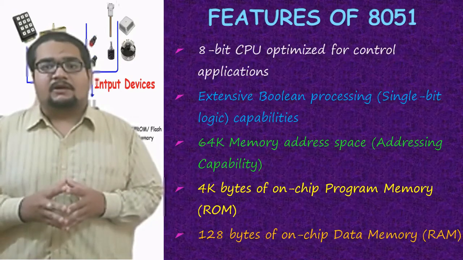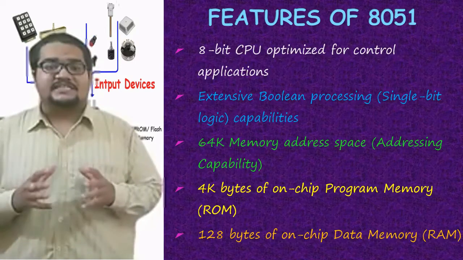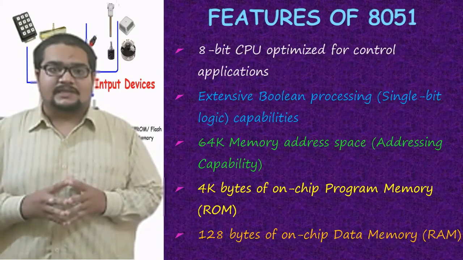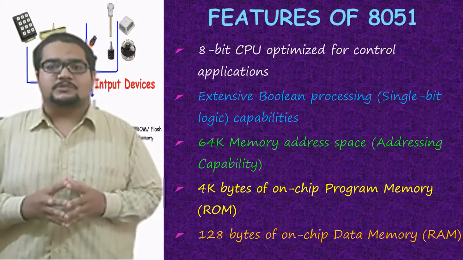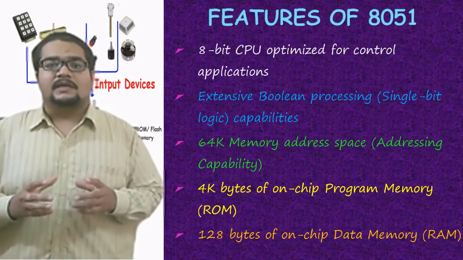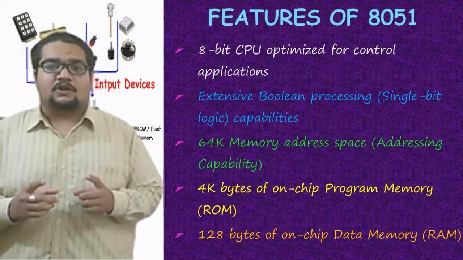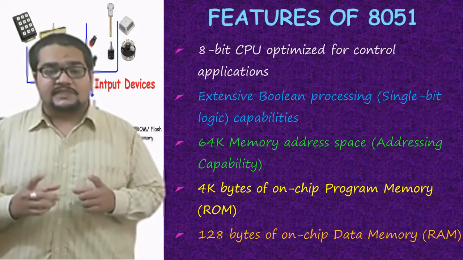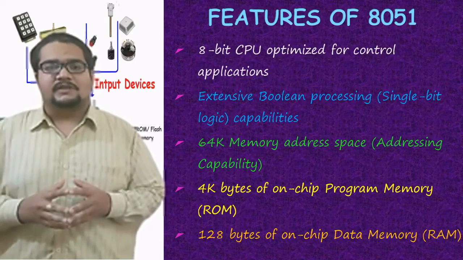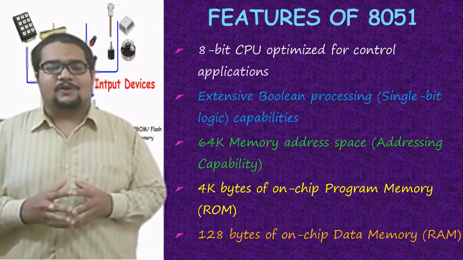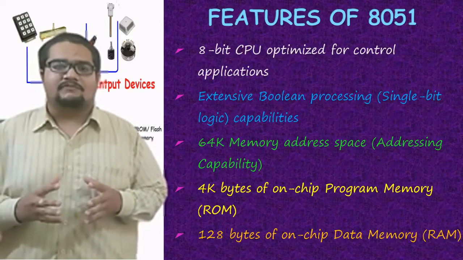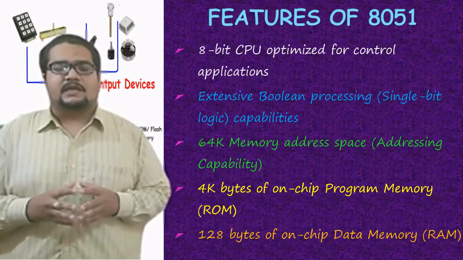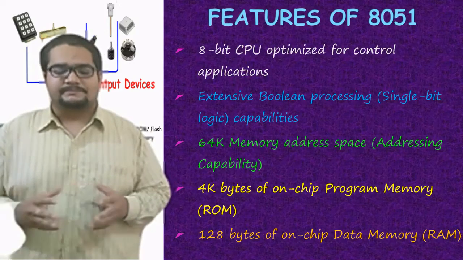On this particular 8051, we have 16 address lines, unlike the 8086 where we had 20 address lines. So memory addressing capability is always associated with the number of address lines. In the 8051, the number of address lines is 16. So 2 power 16 gives you the addressing capability of the device. That is 64 kilobytes of memory space addressable in 8051 systems.